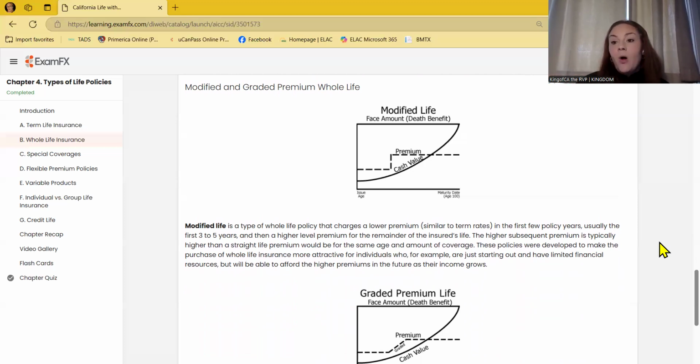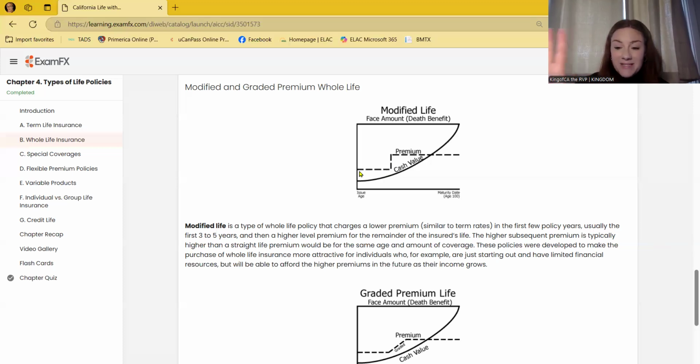Very simply, whole life was not attractive to young people for a certain period of time. Okay, here's a little history on it. So the insurance company came up with a type of policy that was more attractive to people starting off in life and a little bit more affordable, but will still get them that whole life protection that they want in the long run. Modified life is a type of whole life policy that charges a lower premium in the first